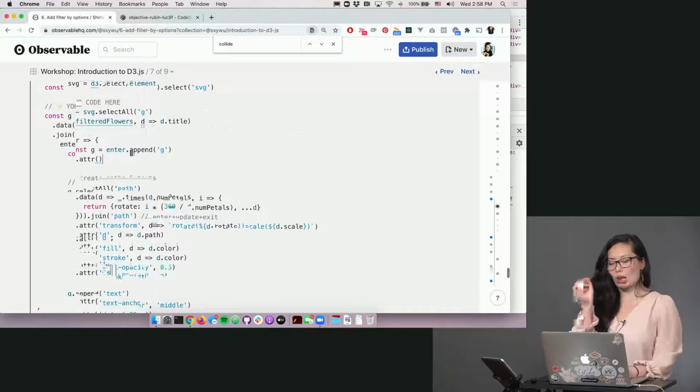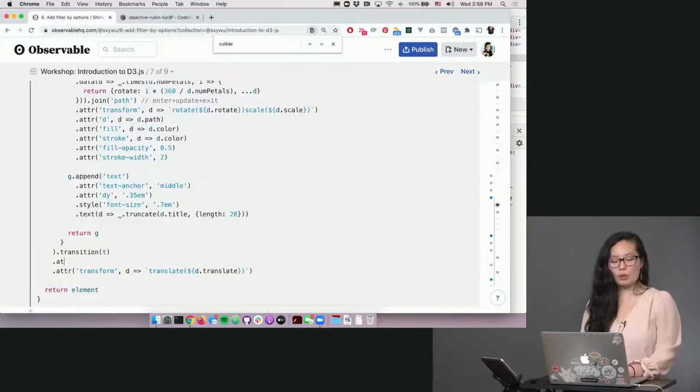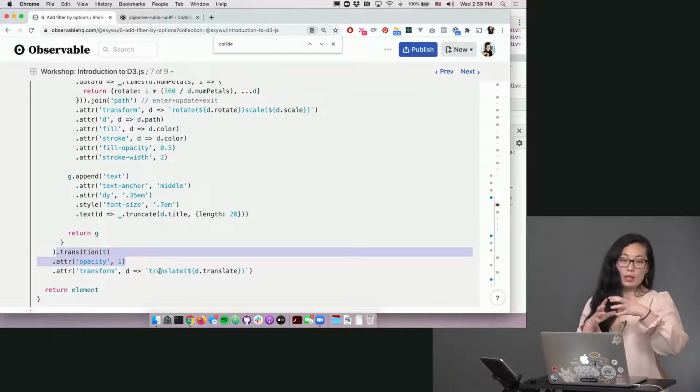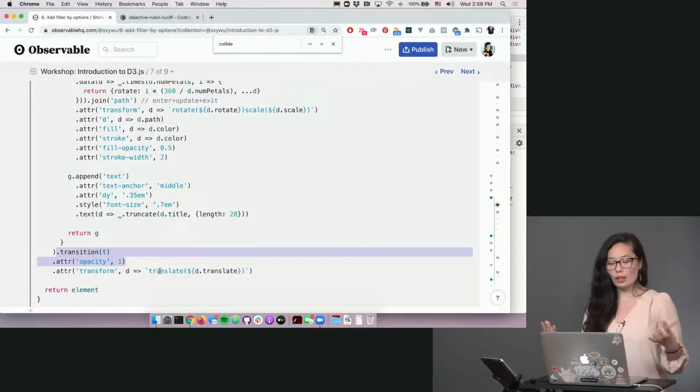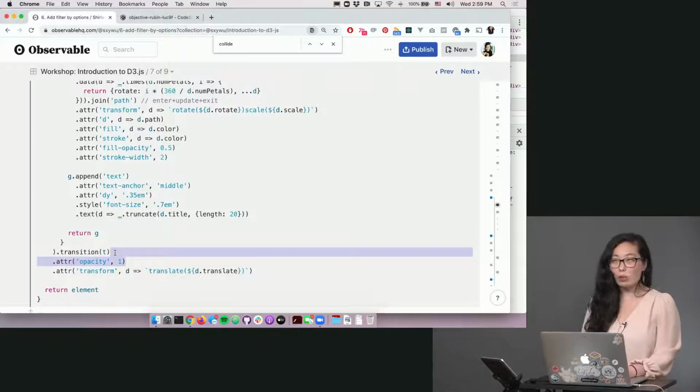pass in our t that we've defined up top. And we're going to say that we want the opacity to animate from 0 to 1. Just a side note, we could have actually put this in the enter selection because it really is just the enter selection that we want to be fading in. But since we're going to be doing the dot transition call down here anyway, it just saves 1 or 2 lines to be